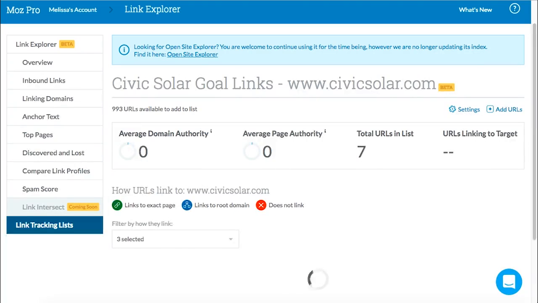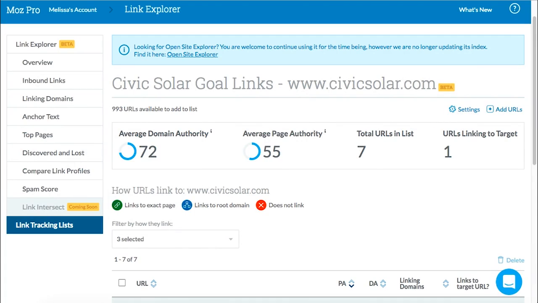and click on Save. Now, if we go into this list, we can see this is the average domain authority and average page authority of the URLs that we listed. We added 7 websites to this list, and one of them is linking to my target. Now, you can see down here,